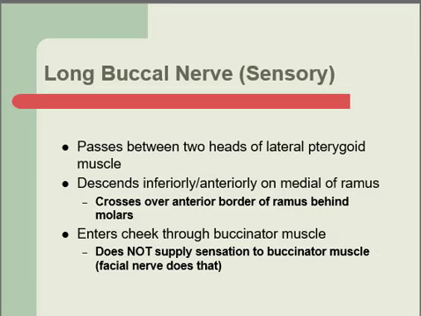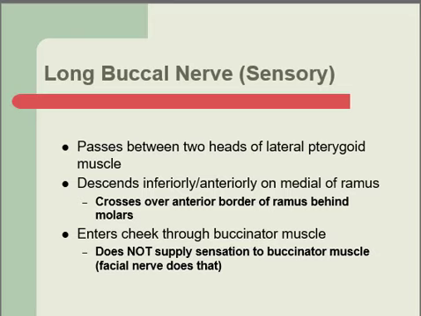The inferior head attaches to the coronoid process. They pull at the same time. Those lateral pterygoid muscles pull, carrying the disc and the coronoid process down so that we slide down, opening the mouth. The long buccal nerve itself passes through those heads, and then it descends inferiorly